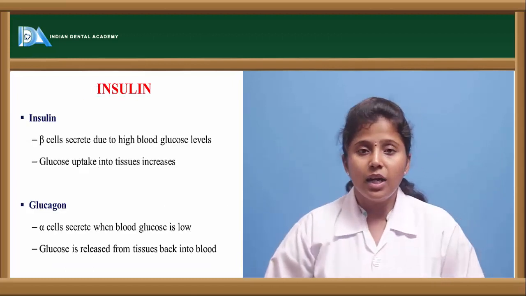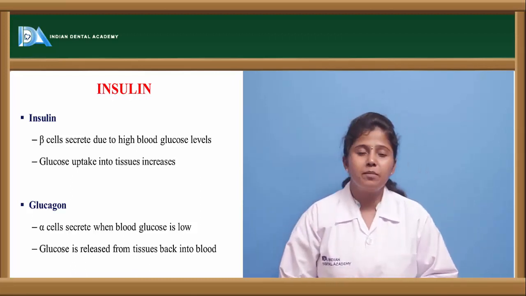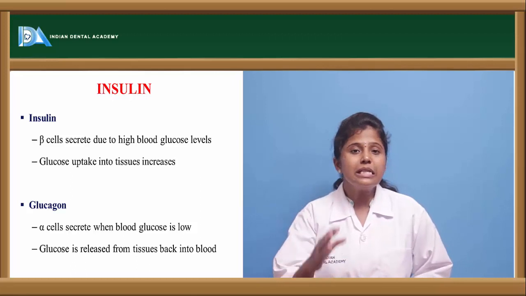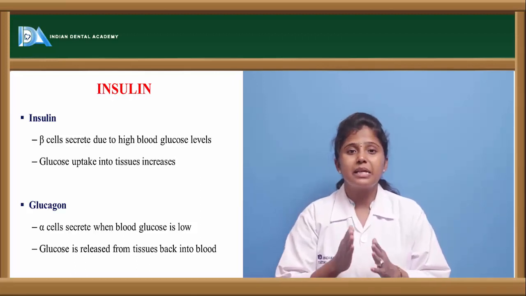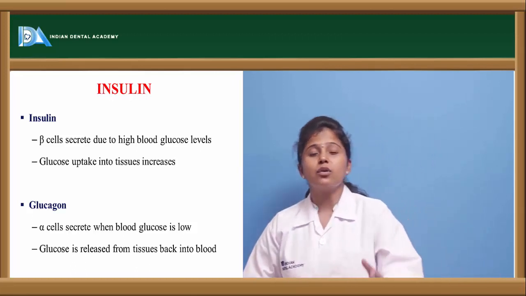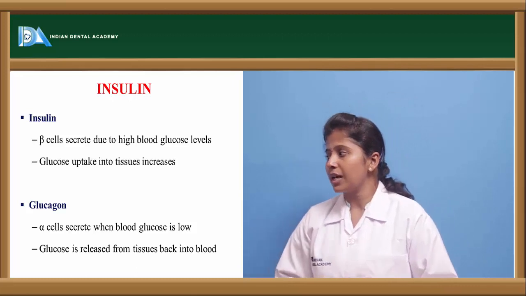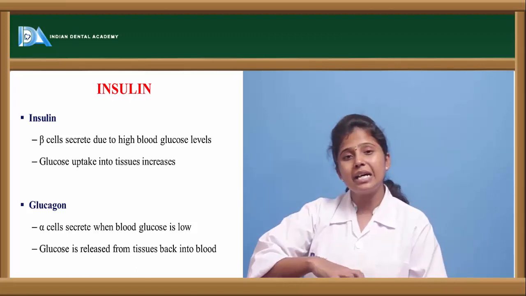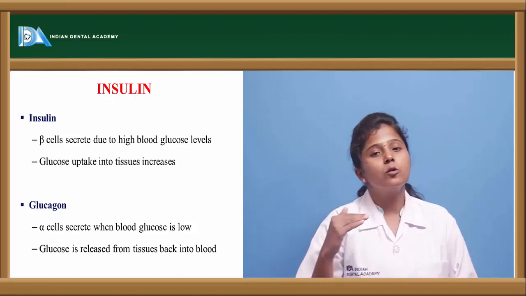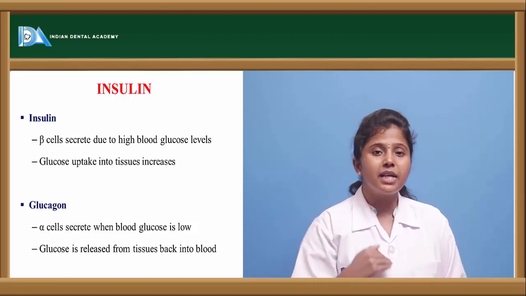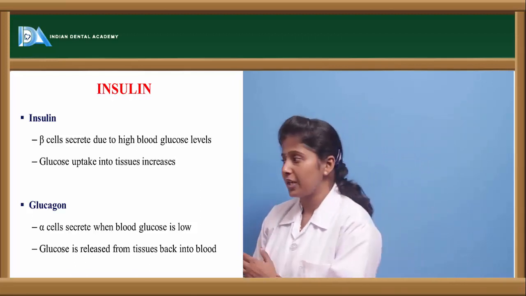What is insulin? Insulin is a peptide hormone secreted by the beta cells of the islets of Langerhans in response to high blood plasma glucose levels. Insulin allows glucose uptake into the tissues, and thereby the glucose levels can be reduced. So the uptake of glucose into the tissues is increased,